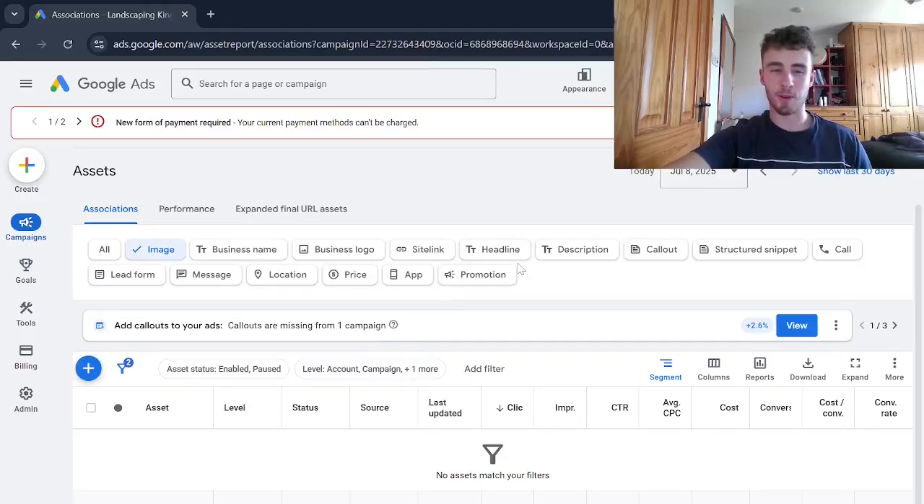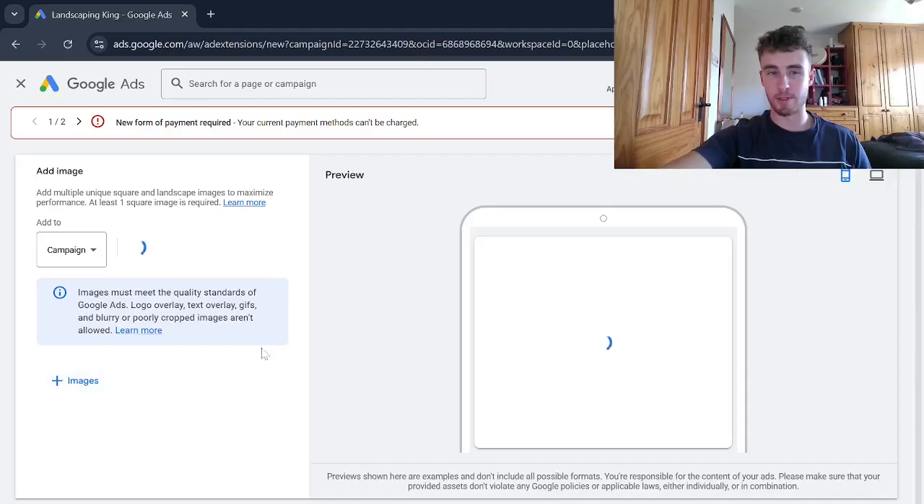In today's video, we're going to talk about adding image assets to a brand new Google Ads campaign, and more importantly, which types of images you should add. So when you're going through these assets and you're trying to add as many assets to your Google Ads campaign as possible, what we want to do first of all is go to the blue plus icon to add a